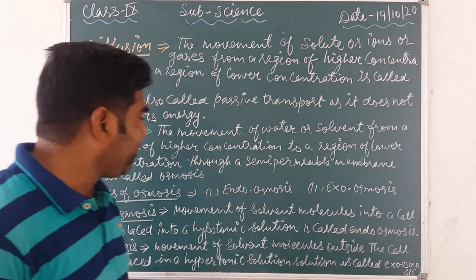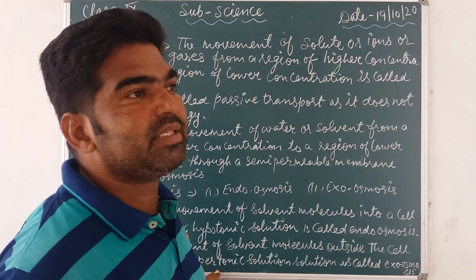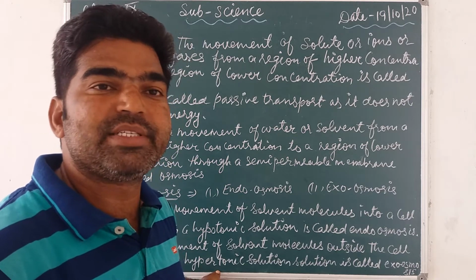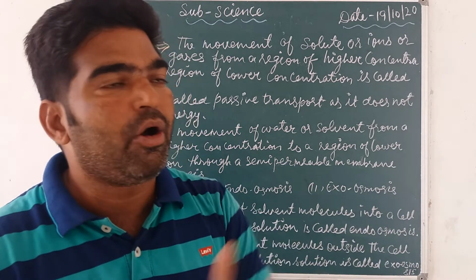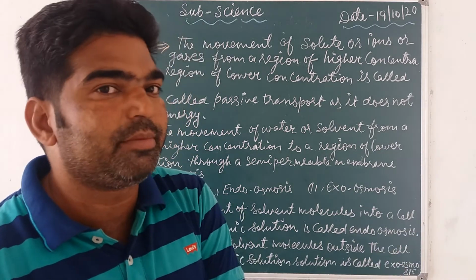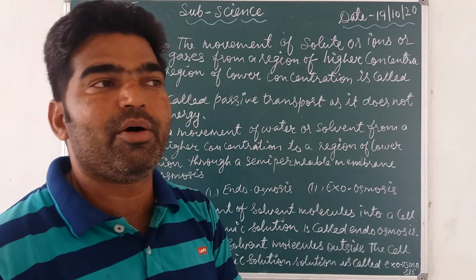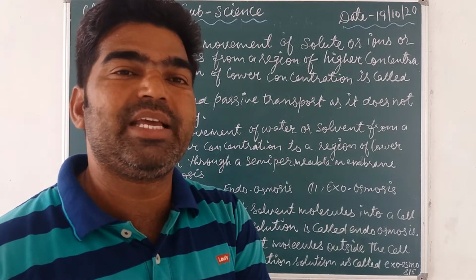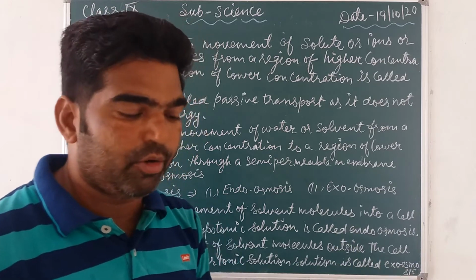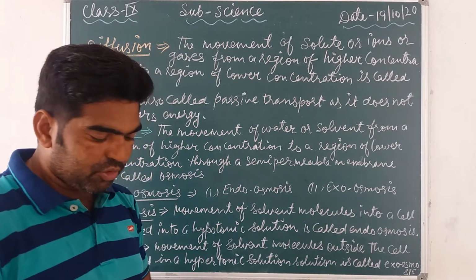Exosmosis is the movement of the solvent molecules outside the cell when placed into the hypertonic solution. Hypertonic means the type of solution whose concentration is more as compared to the cell. यानी सेल का concentration कम है और solution का या मीडियम का concentration ज़्यादा है, तो from cell अंदर से बाहर की तरफ मूवमेंट होगा, तो सेल से वाटर रिलीज होगा, और द साइज ऑफ सेल बिकम्स श्रिंक और कॉन्ट्रैक्ट. वो सेल सिकुड़ जाएगी, कॉन्ट्रैक्ट करेगी और श्रिंक कर जाएगी. ओके. So these are the two different types of osmosis, endoosmosis and exoosmosis.